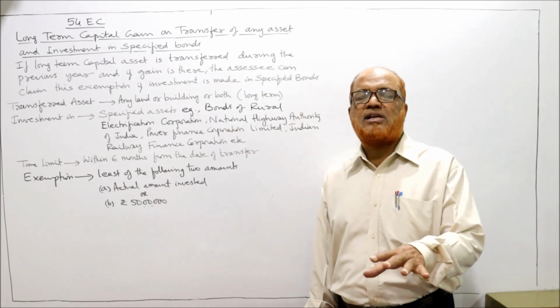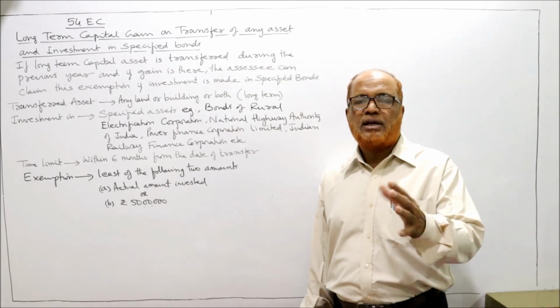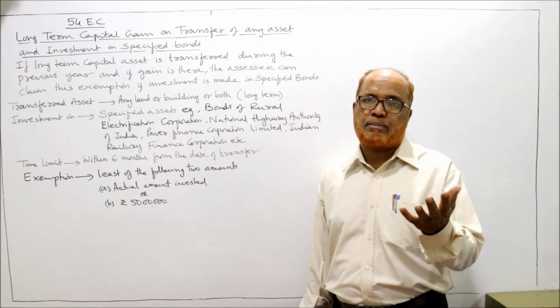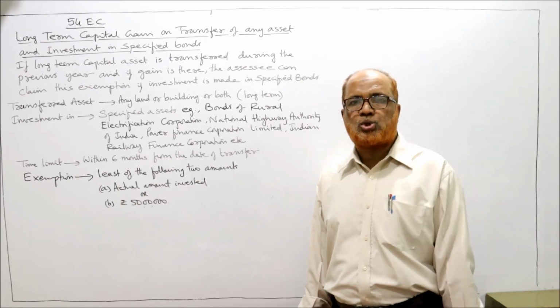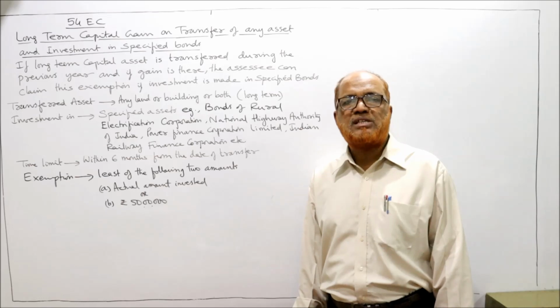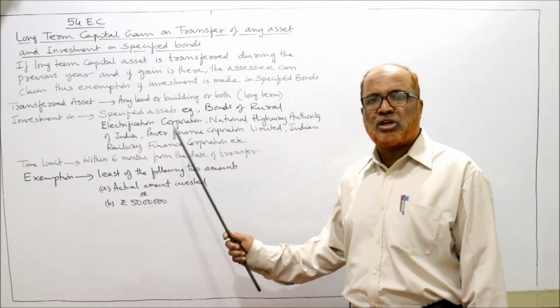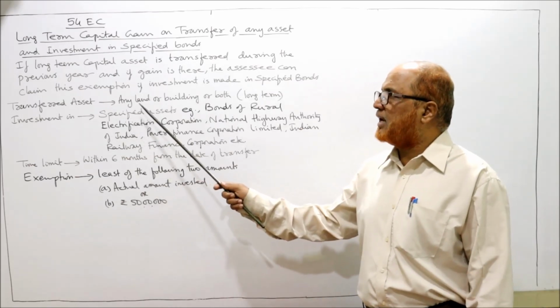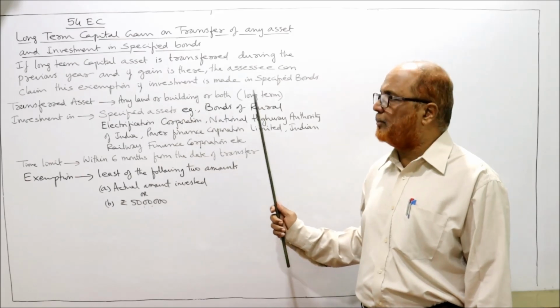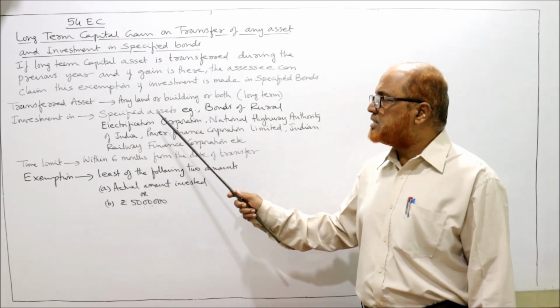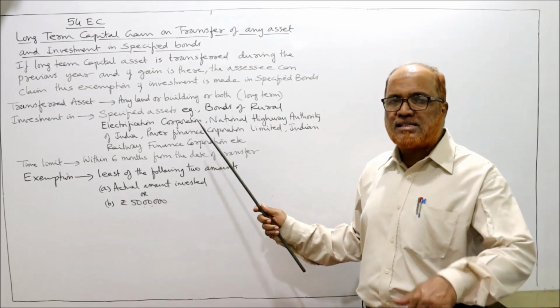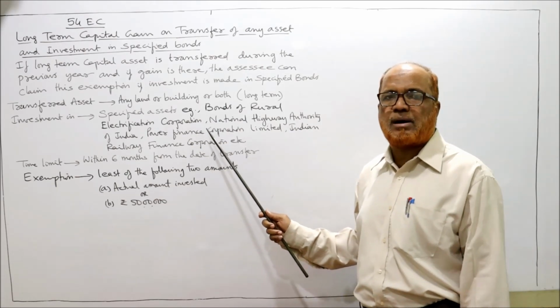So during the previous year, any capital asset is sold, gain arises, long-term capital gain, and that will be used for purchasing specified bonds. Then exemption can be given. Transferred asset: any land or building or both, long-term. Then investment in specified assets. Examples of specified assets, a few examples I have given here: